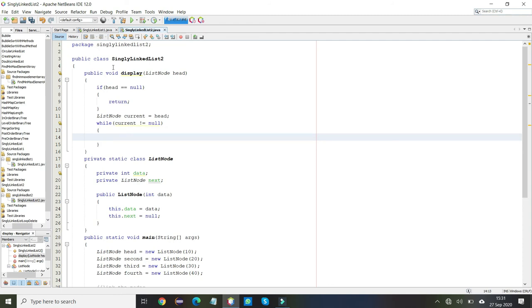If current is not equal to null, then we simply print the current data. So what we have to write is System.out.println, and we print current dot data. Now give it like this.